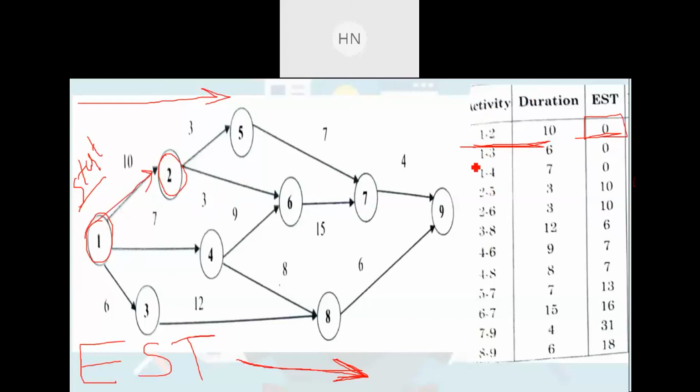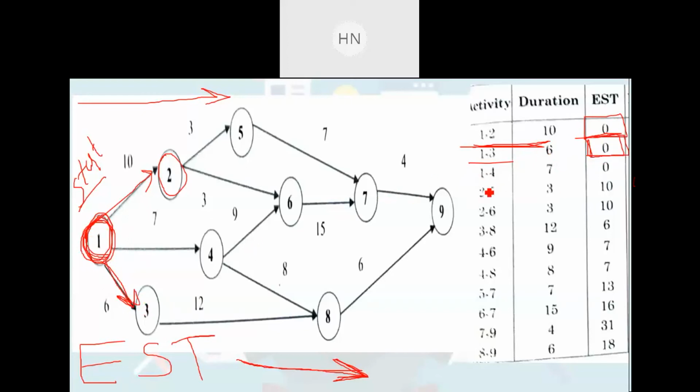Likewise, we are having the next activity, that is 1 to 3, and now as you can see this 1 to 3, that is also which activity? Starting activity only or initial activity only. जो भी एक्टिविटी एक नंबर के नोड में से निकलेगी वो सारी एक्टिविटी कैसी एक्टिविटी होगी? इनिशियल या स्टार्टिंग एक्टिविटी होगी। तो from 1 to 3 that is a starting activity. So सबसे पहली एक्टिविटी का स्टार्टिंग टाइम कहाँ से कैलकुलेट होगा? सबसे स्टार्टिंग टाइम होगा 0 से चालू होगा, राइट?